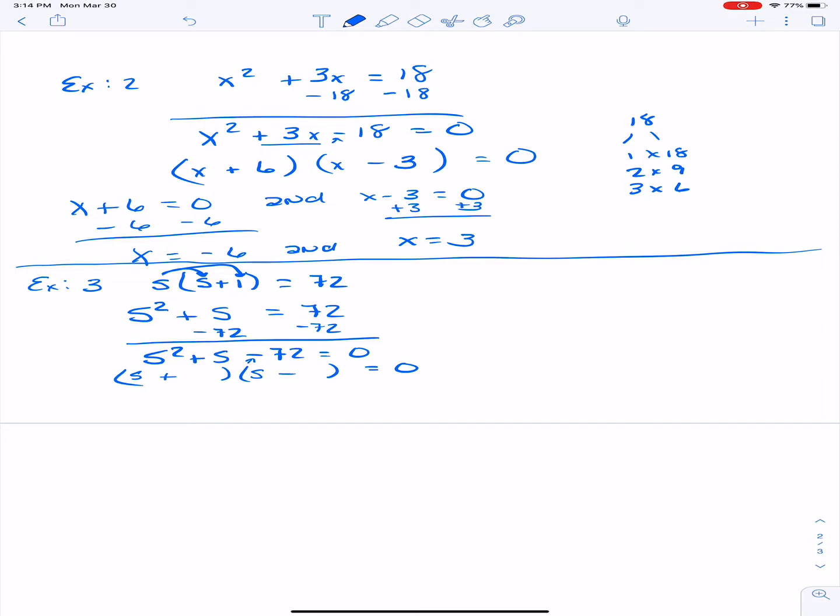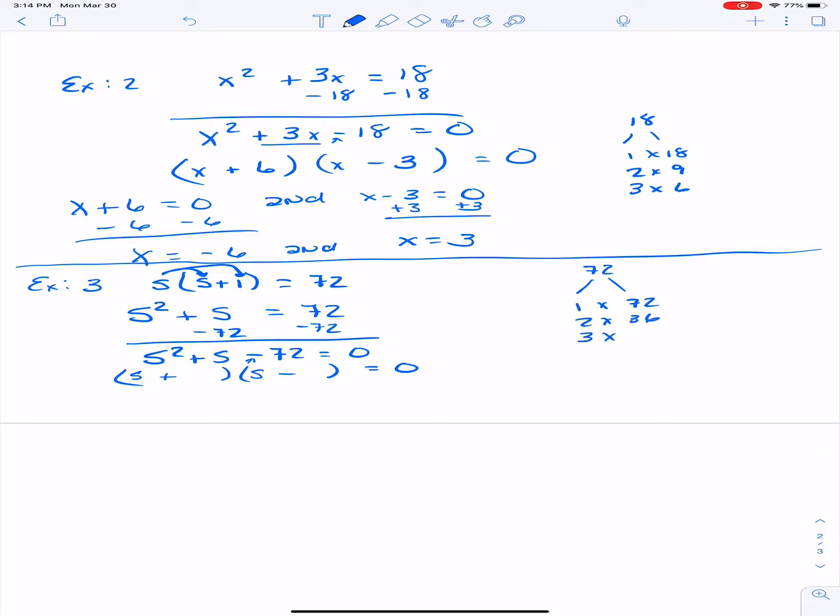So I can start breaking this down, and hopefully you'll get to a point where you know your multiplication tables pretty well, and you won't have to do this step over here, but I'm going to do it for you. 1 times 72, 2 times 36,